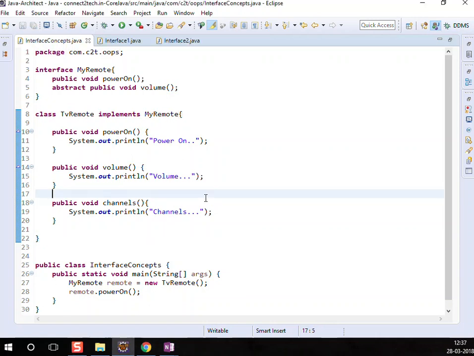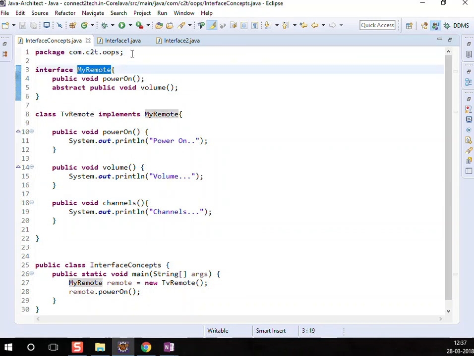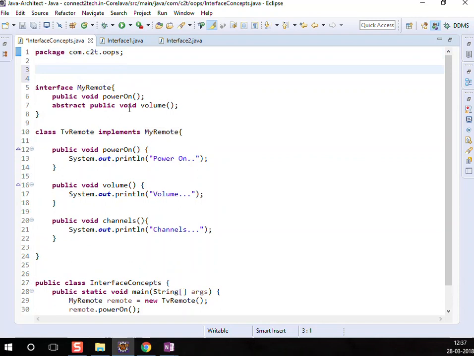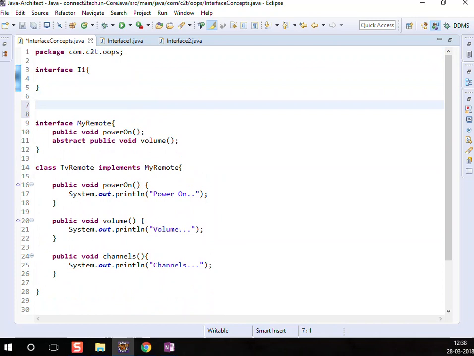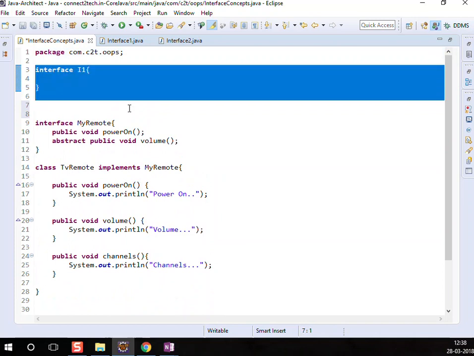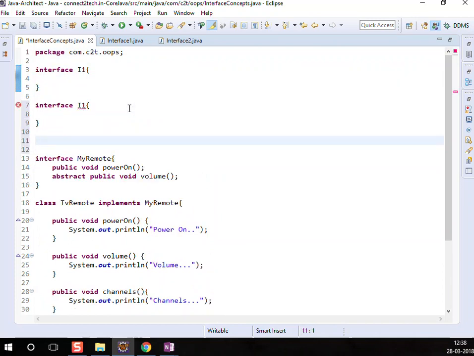Now you will observe here that I have created an interface, right? An interface is being implemented by a class. Now what I can also do is create one more interface. I can call it I1, open bracket, close bracket. So like we did in the case of abstract class, an interface may or may not have a method at all, right? I can create one more interface and call it interface I2,